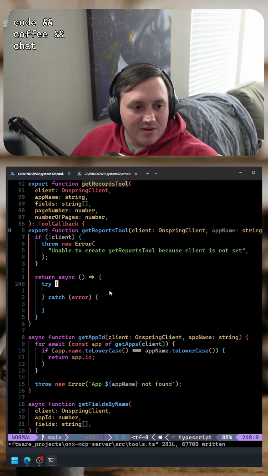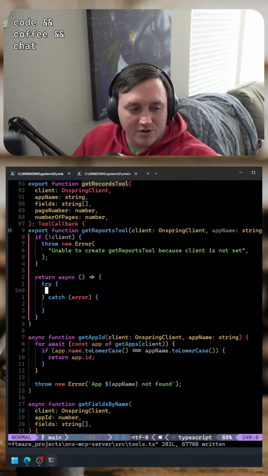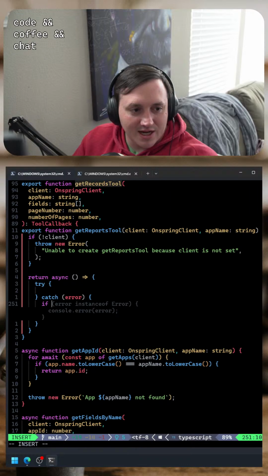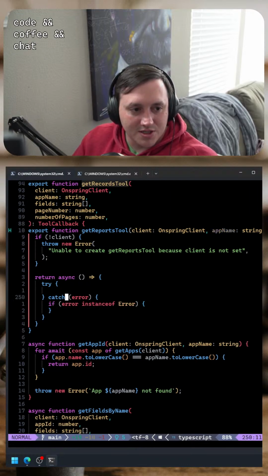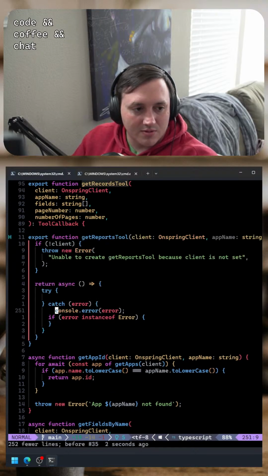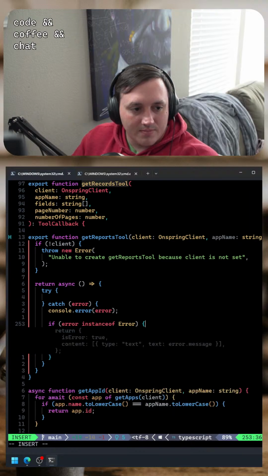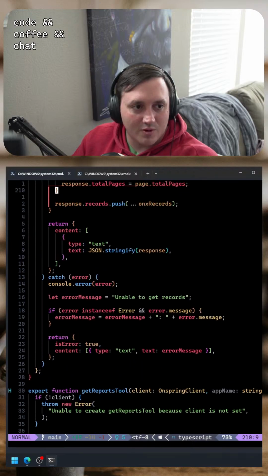Okay, now this should be much more straightforward than the records tool. The first thing, let's handle the error case. If there is an error, we don't need to check that, we can just log it. Whoops. We're going to log it, and then let's just take from what we're doing for the other tools.